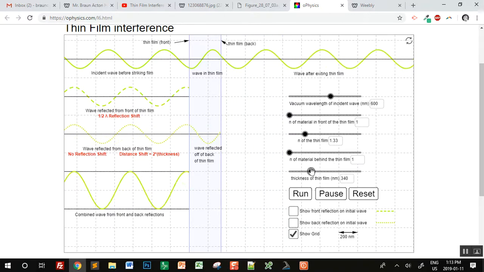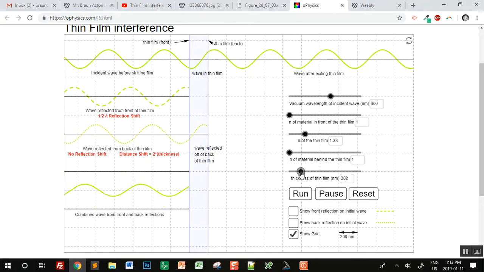So can we predict where these were? Well, let's find the first one. There we go. There's the first one at 226 thickness. So if the wavelength coming in was 600, right? And we know that for reflectance, the first destructive interference, other than 0, should be when the path difference, or when the thickness is a quarter of the wavelength. So if you remember back, a quarter of the wavelength. So we take 600, divided by 1.33. So the wavelength of the light inside the material is 451.1 nanometers. It's gotten smaller. So it says that at a thickness of a quarter, so if I divide that by 4, you should get,